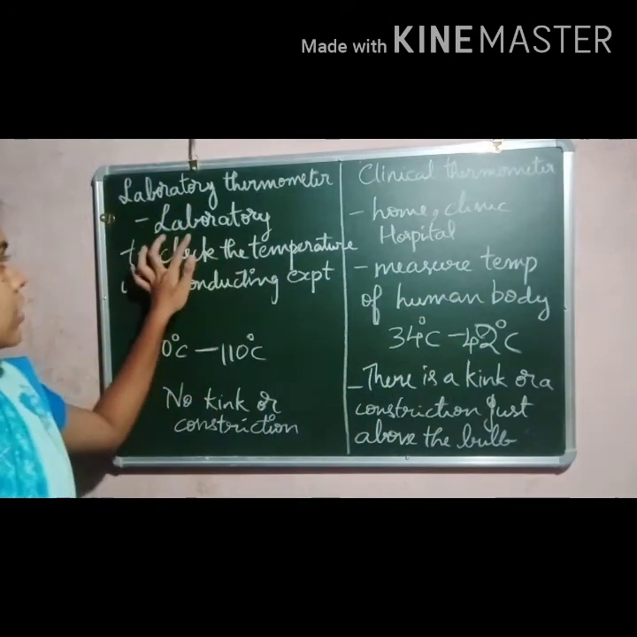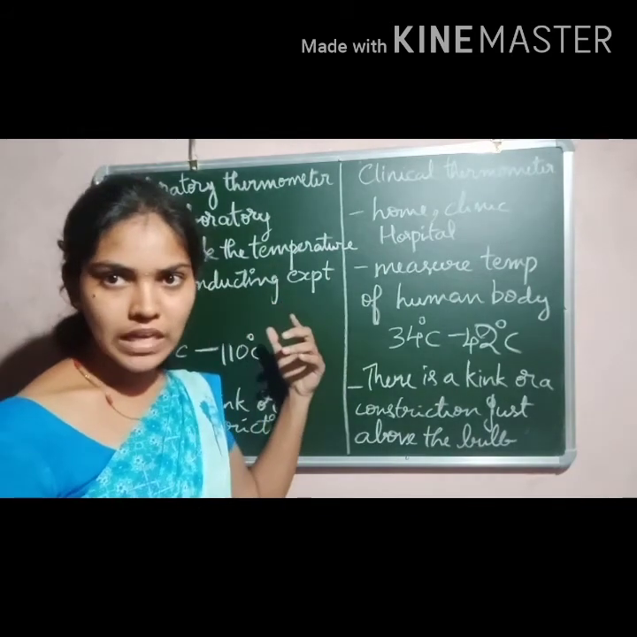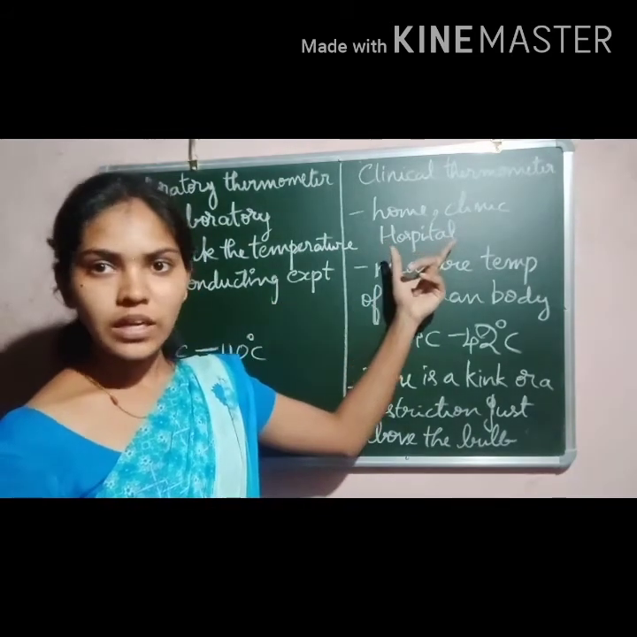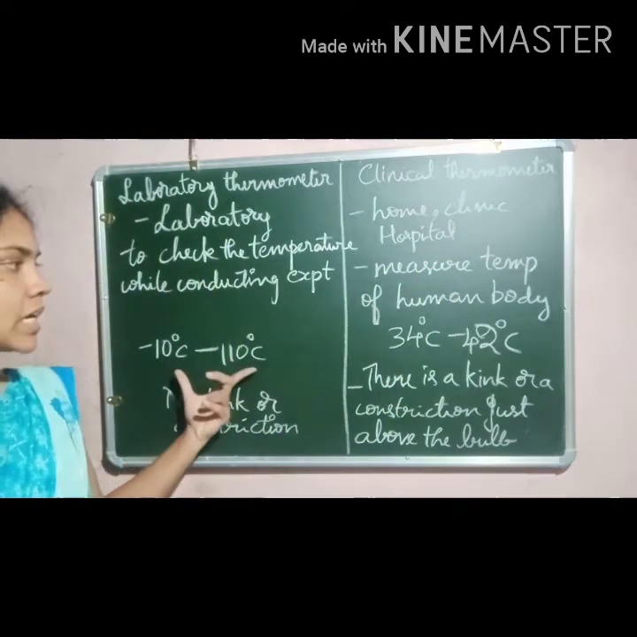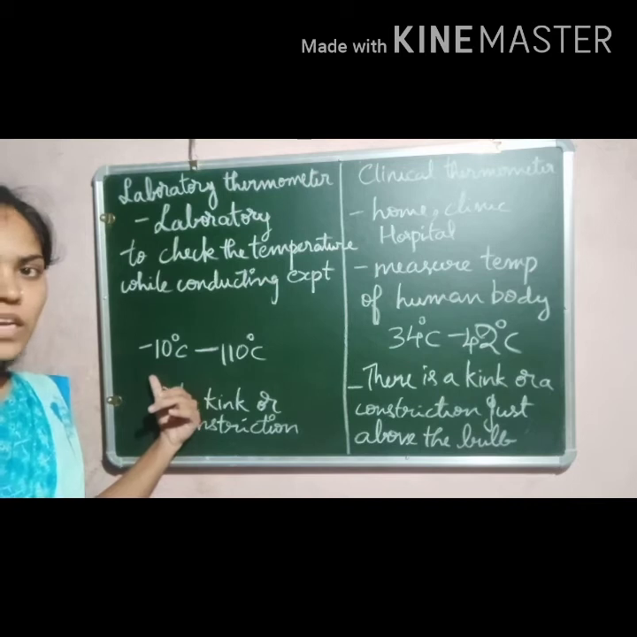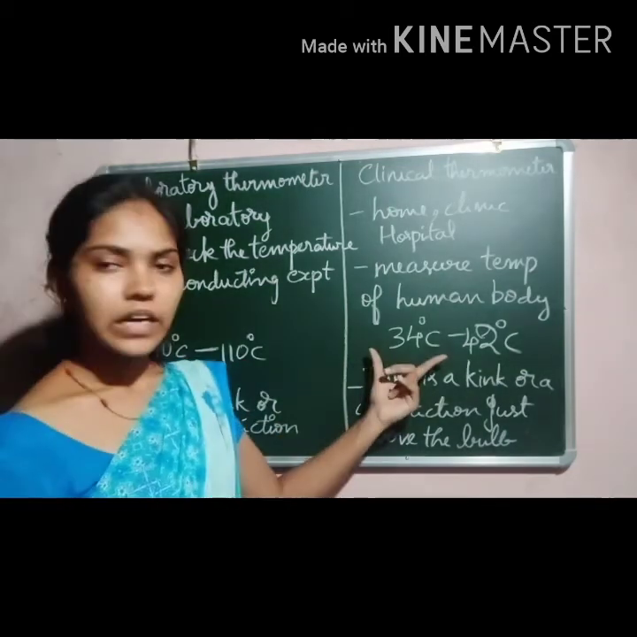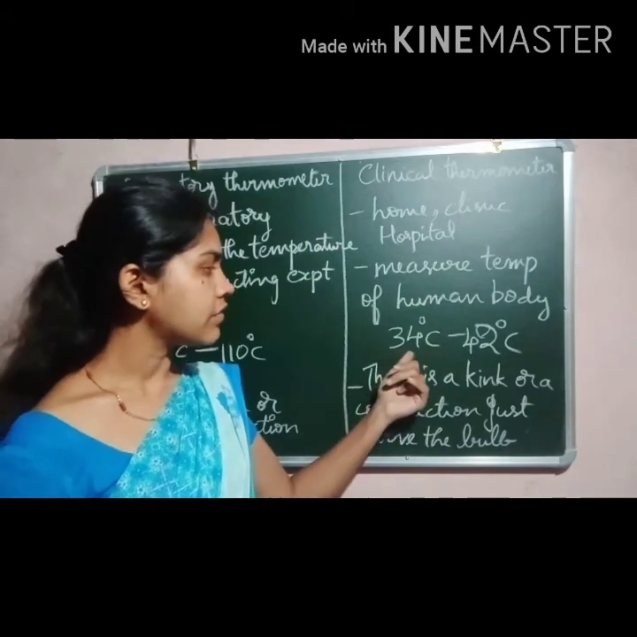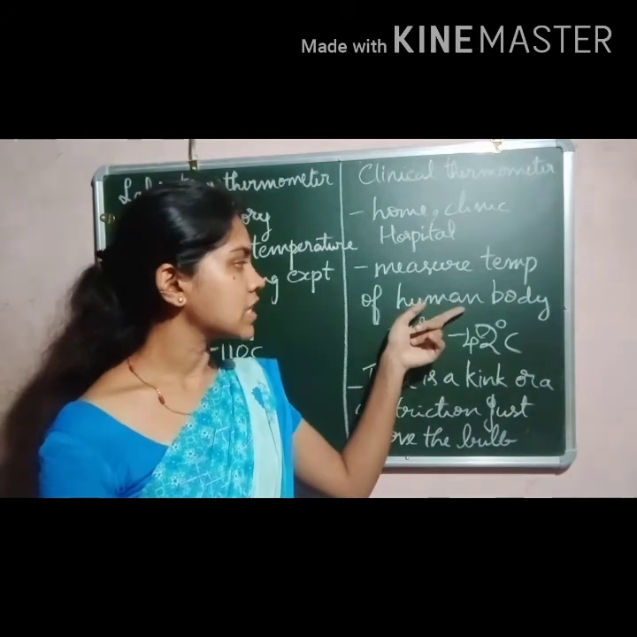The laboratory thermometer is used in the labs to determine the temperature of an experiment. This is used in hospitals, homes and clinics. Here the temperature varies between minus 10 degrees Celsius to 110 degrees Celsius. Here it varies between 34 degrees Celsius to 42 degrees Celsius, and it is used to measure the temperature of